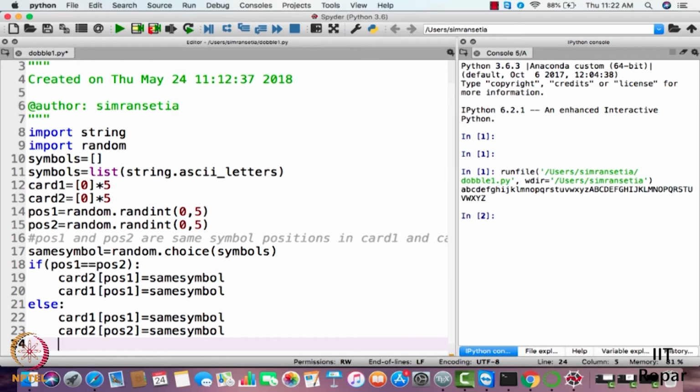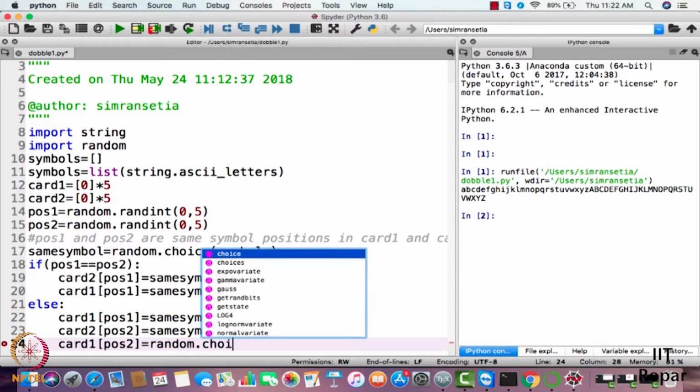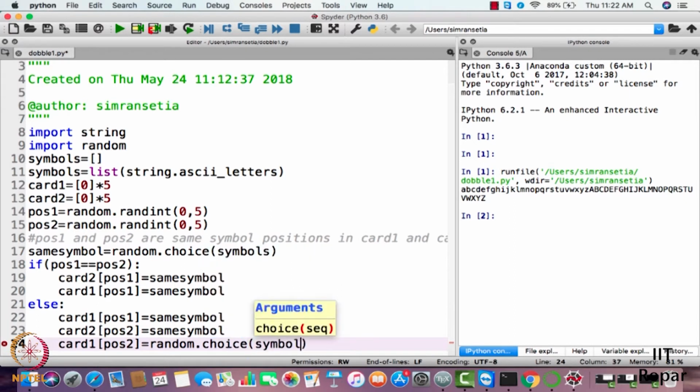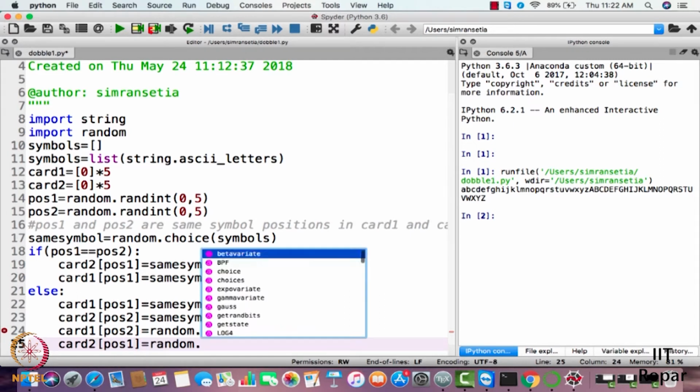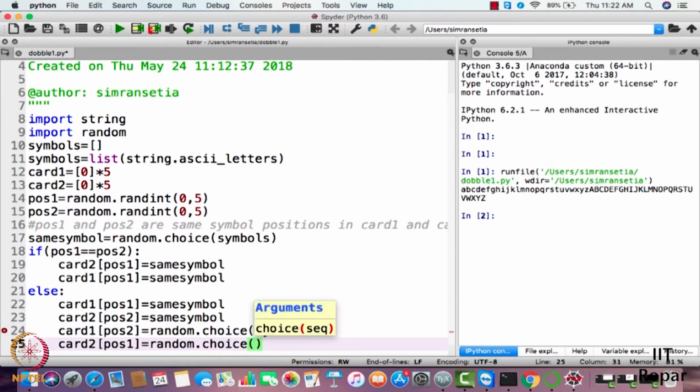But at position 1 in card 2 we'll have another symbol. We'll have card 1, position 2 we'll have another symbol, so we need to again randomly choose it from our list symbols. Random.choice symbols. And similarly for card 2 at position 1 we'll have random.choice symbols.